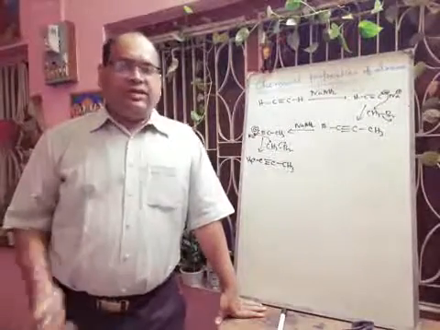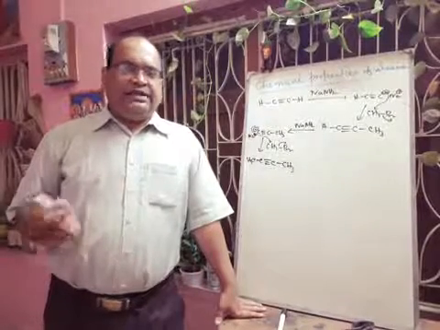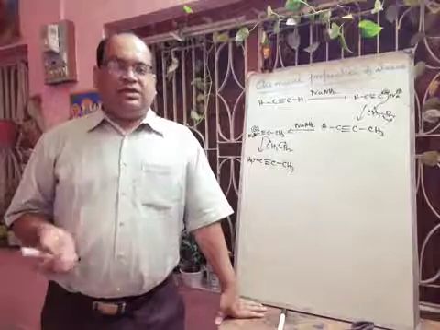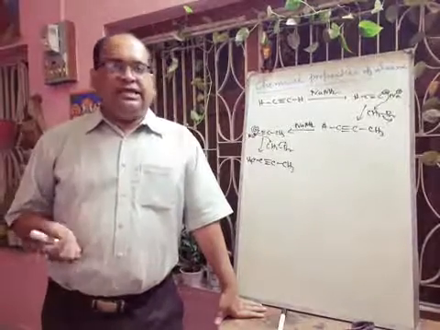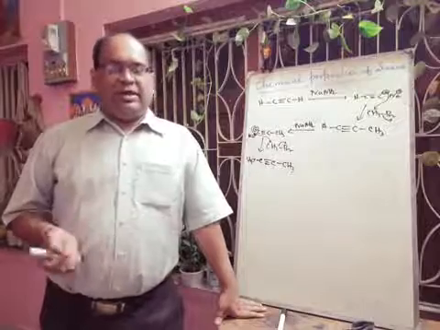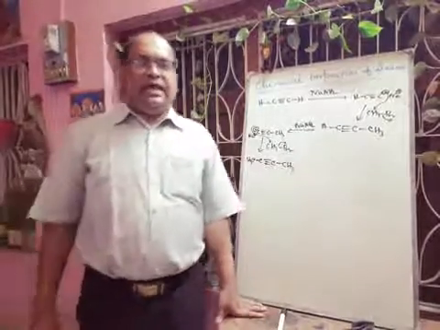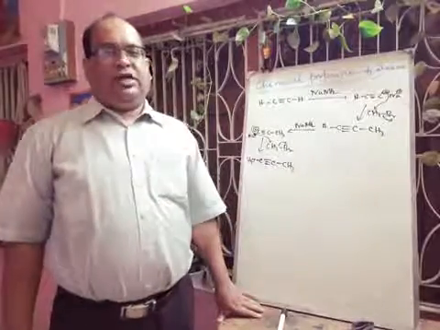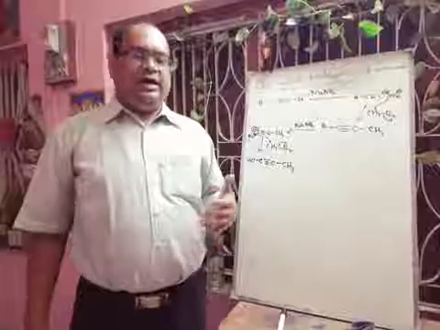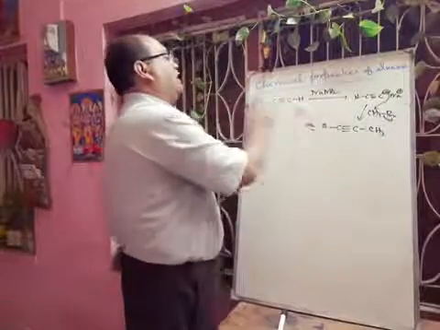Next we will discuss the physical properties. The first 3 members, that is C2 to C4, are gases. The next 8 members, that is C5 to C12, are liquids, and the higher alkynes are solids. The density of alkynes is higher than alkenes and alkanes, but the density is lesser compared to water, so alkynes will float on water, okay. And alkynes are insoluble in water but are soluble in organic solvents like ether, benzene and carbon tetrachloride, okay. And these alkynes are also colorless gases.